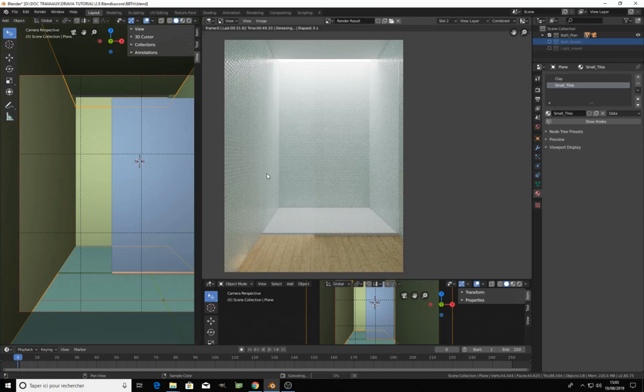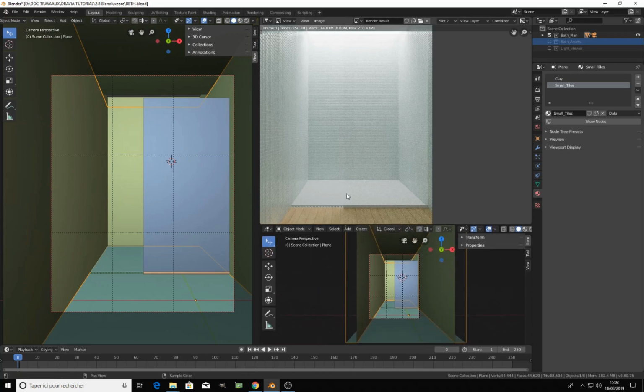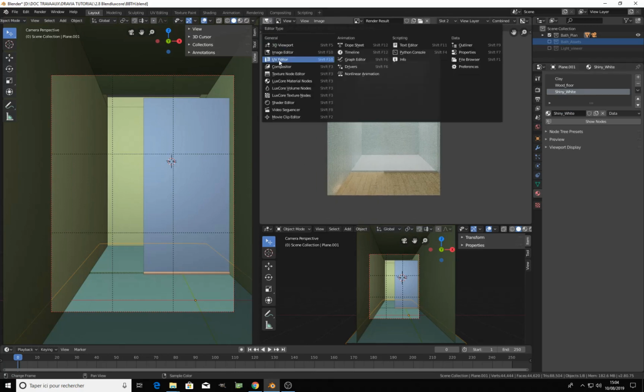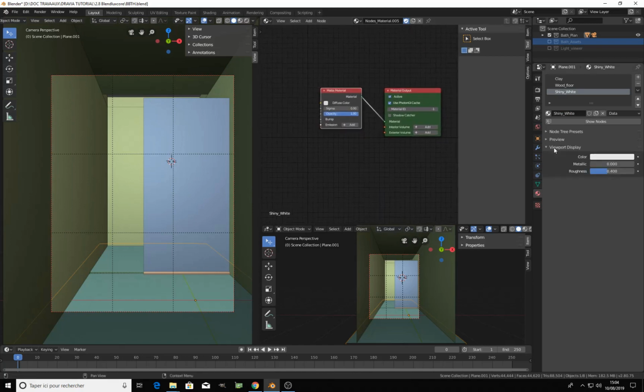Okay, let's continue. The next shading we have to set is the white one here. So for the floor, we want this one to be something like a shiny white surface. So what you want to do is to add a new shader, new, and a shiny white, not too shiny, shiny white, but okay, like this. We switch to Luxcore material node, and again we switch to Disney shader